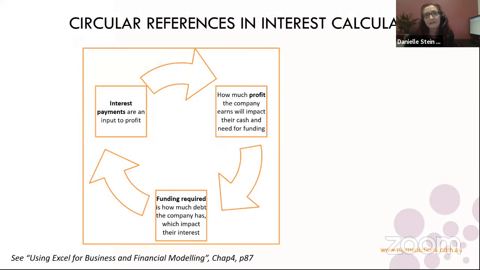This is the situation that they're talking about, where you've got a P&L, a cash flow, and a balance sheet, and you've got your interest calculation that is driving your profit, and your profit is driving your funding, and your funding is driving your debt, and your debt is driving your interest, and you end up with this big circular reference.